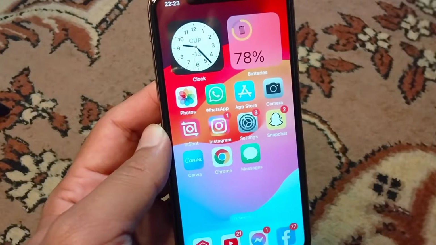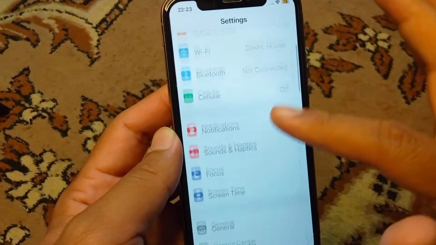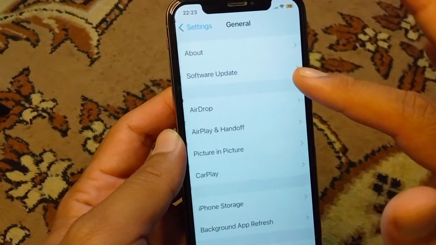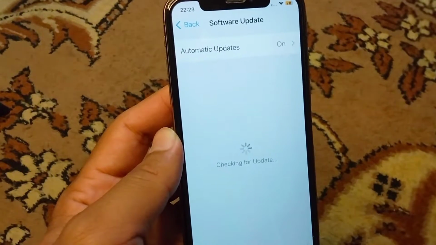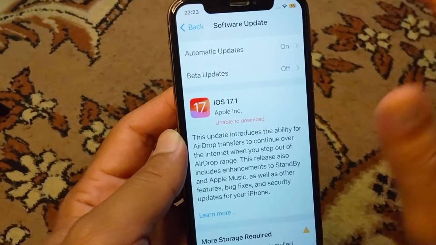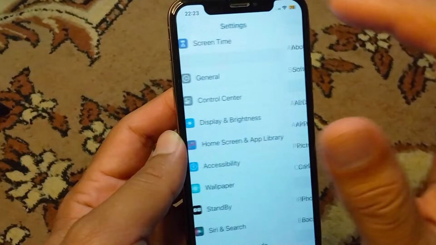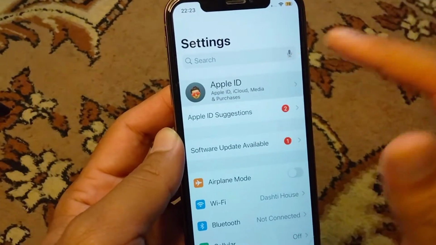So the very first solution for this problem is that simply open settings and from here scroll below, tap on General, tap on Software Update and make sure that you are using the updated version of software in your device. So guys, after this go back and from here you have to open your Apple ID in the settings